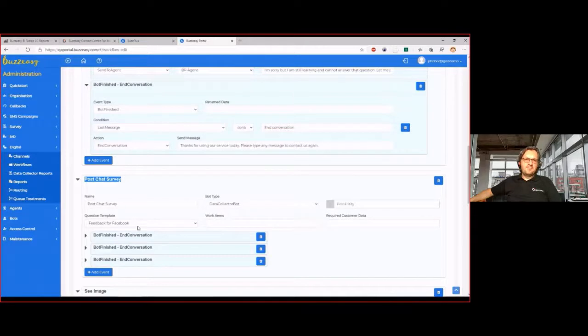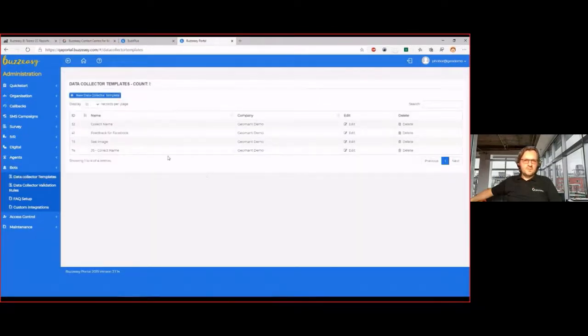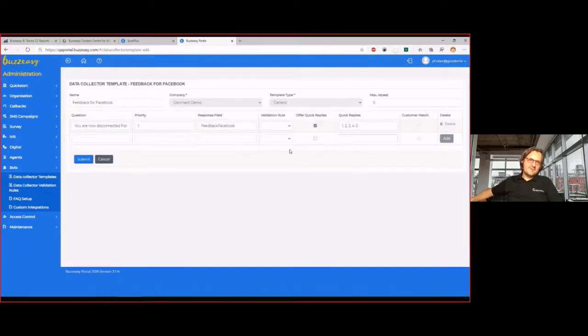And this is again a data collection type of bot. This is what then takes you to a pre-configured template. And this is a pretty simple one. That was a little confusing. It's called Facebook, but actually it's across other channels as well. And as you could see, there were quick replies, suggested responses. So that is something that is configured here.